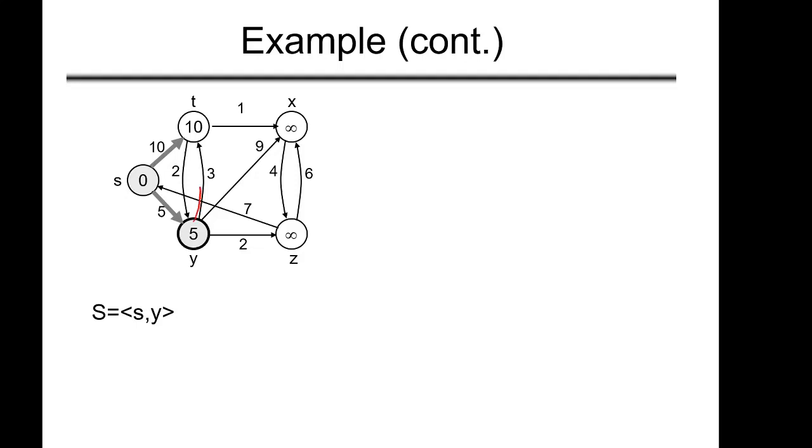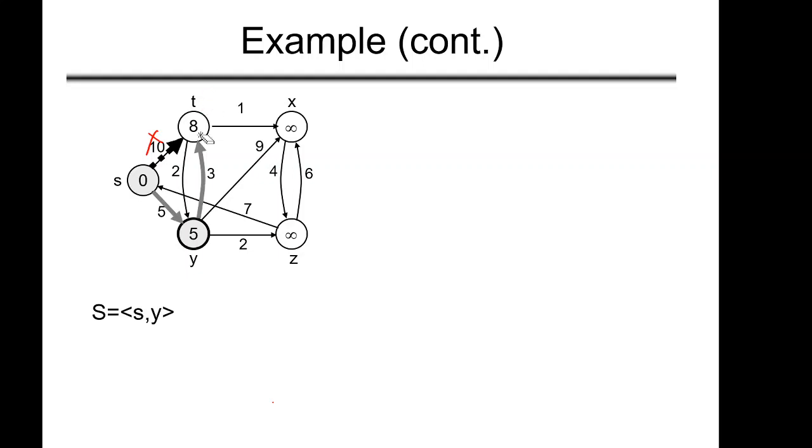So what are the edges which are leaving Y? That are these 3 edges, right? So we will relax these edges. Now you can see that if we go from S to T, the distance is 10. Okay, but if we go via Y, the distance is 5 plus 3, that is 8. Okay, so we are relaxing, means we have to put the lesser weight, right? So we will remove this 10 from T, and we will put 8 here.